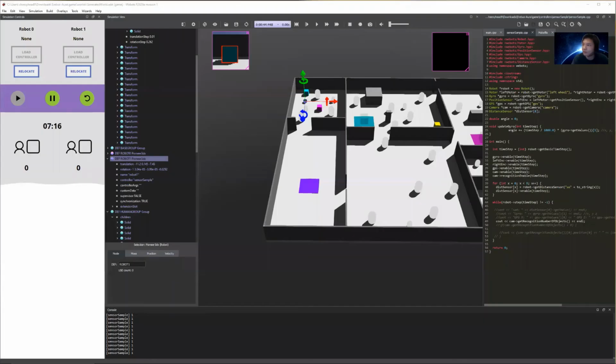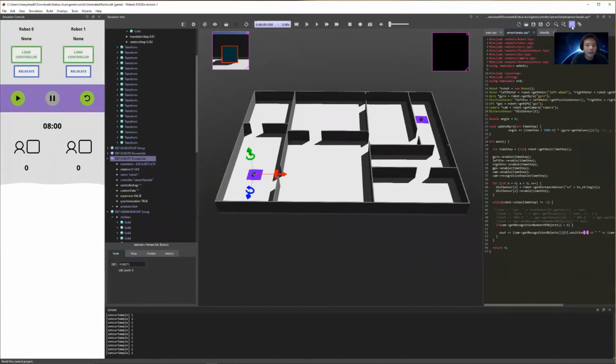So for instance, I have additional lines of code down here, and all it does is check, first of all, with an if statement, if the number of objects the camera currently sees is above 0, so there's at least 1, then I simply print the position of the first object it sees. In this case, I'm printing the X and Z positions. I'm not printing the Y position because the Y position is the height and we don't really care about the height. So I'm printing only the X and the Z. I'm going to reset the world, build this program,